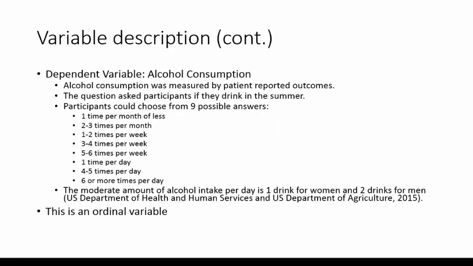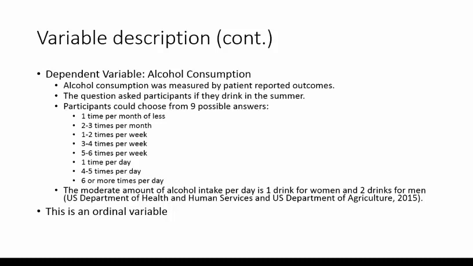And then for the next variable, alcohol consumption, I've defined this as what variable it is in the NHANES data. And so they asked participants if they drink beer in the summer. And there was 9 possible answers, so I have them listed here. And so if you look at these 9 answers,